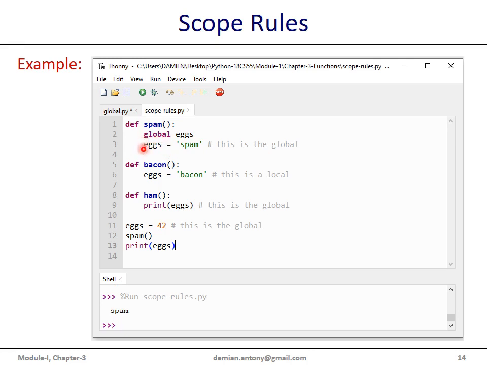This variable x refers to the global variable, not a local variable. And the variable x that is found here is a local variable, locally available to this function. Its scope is confined to this function. Similarly, here we find the variable x, and there is no assignment statement within this function. Thus, this x refers to the global variable.